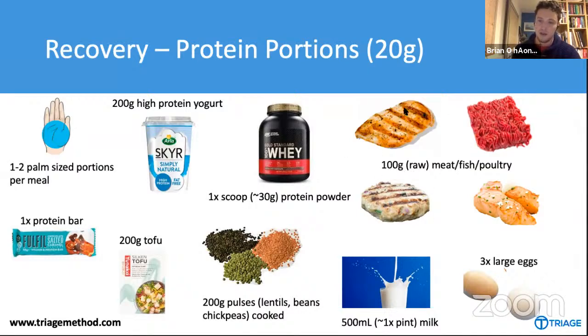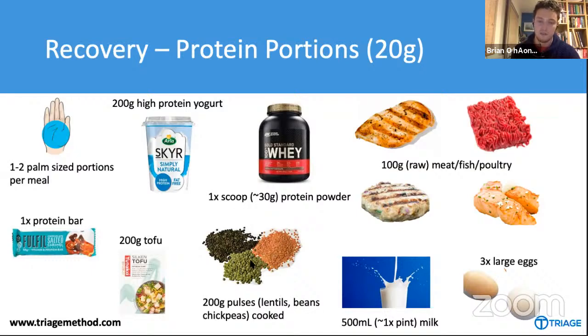A good rule of thumb is about 100 grams of raw meat, fish, poultry are going to give you about 20 grams of protein. Chicken, a little bit higher, turkey, a little bit higher. Beef is in about the 20 gram mark. But just as a good rule of thumb, like you're not going to make this super exact, and this will be good enough unless you're going to track everything, which you could do. 200 grams of pulses or tofu are going to give you about that much protein.